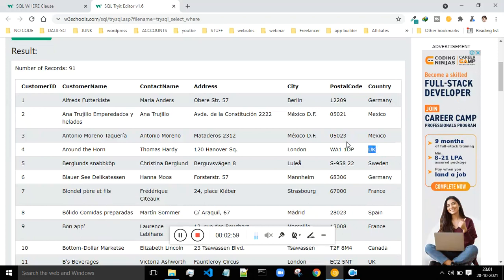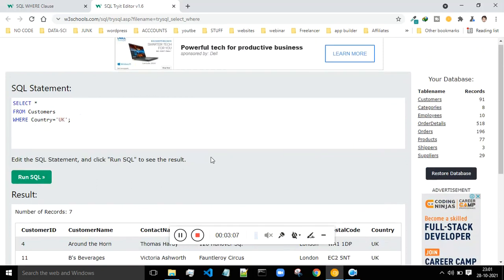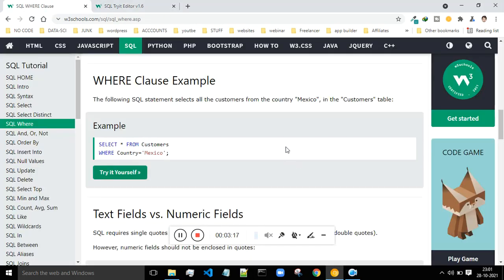Let me just try with UK. Now it is displaying all the records where the country is equal to UK. So this is how you can give the condition.